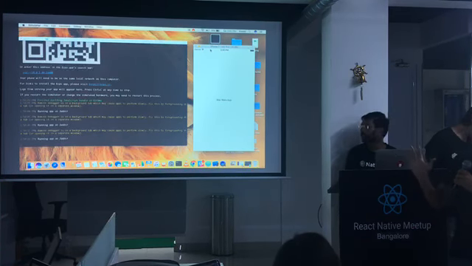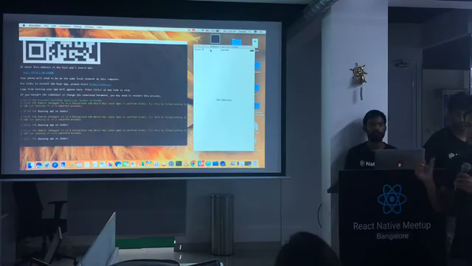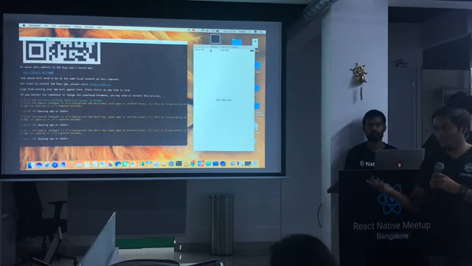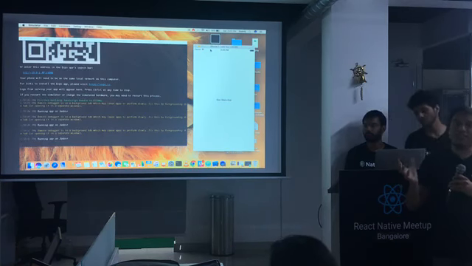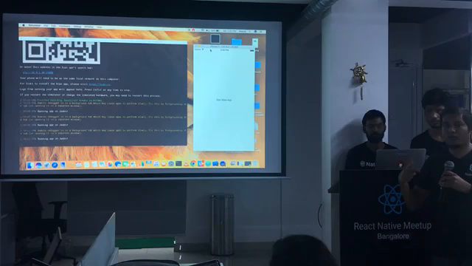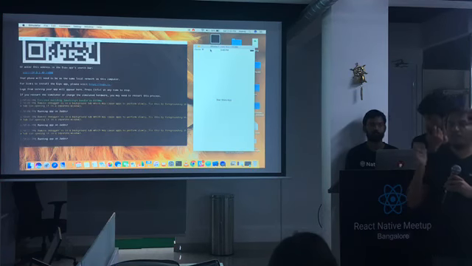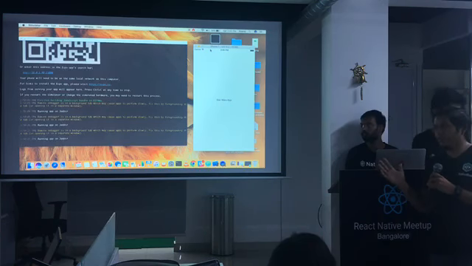Okay, so they came up with a tool called Exponent, which you can install using NPM. Okay, NPM is the JavaScript package manager, which I think you guys know. So you can just install that using NPM and then write your code in pure JavaScript, and you won't need any dependency of native code. Okay, so getting back to React Native, if you start a React Native project, you have this iOS and Android folder. But with Exponent, we don't have iOS and Android folder. Okay, we just have plain JavaScript files.